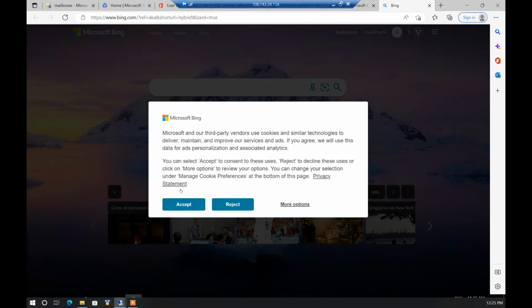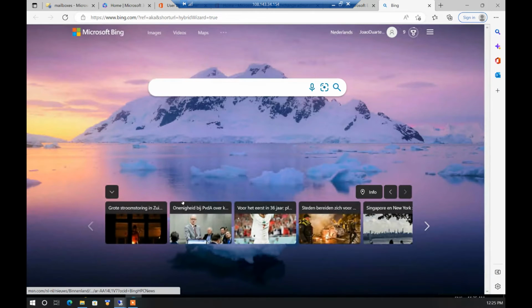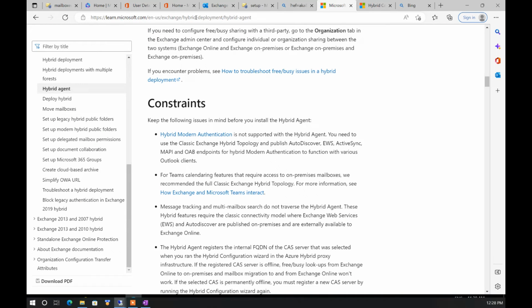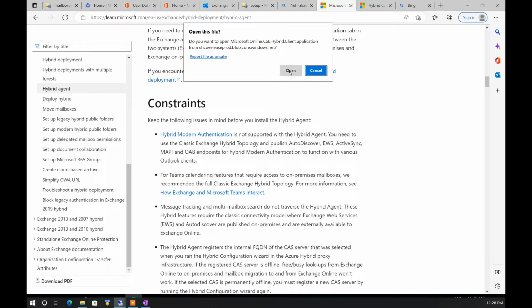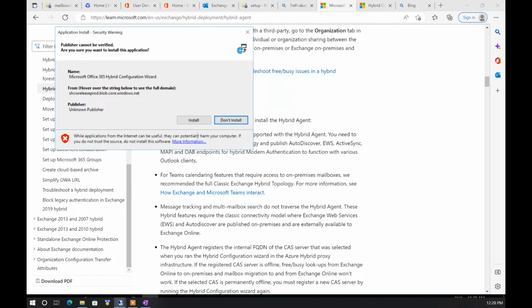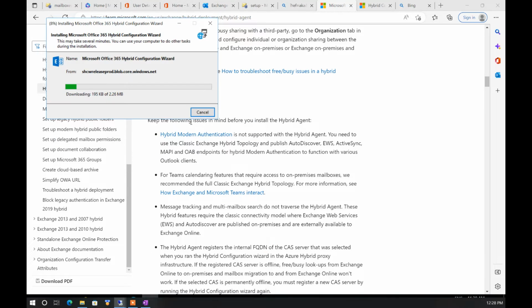So now you should be able to come here and just configure, and it will pop up the configuration, but something is wrong here and the link is not working, but there's no problem. I have the link. I took the link. It's this one. I will put it in the comments, and you just put the link and it automatically opens the file. It downloads the file, but this you have to do inside the Exchange,